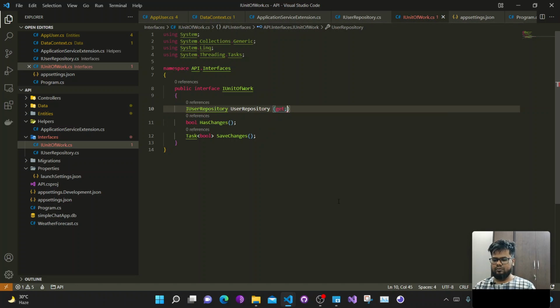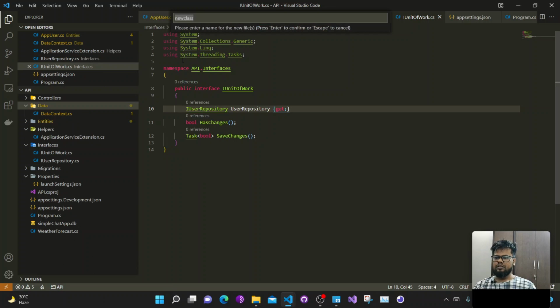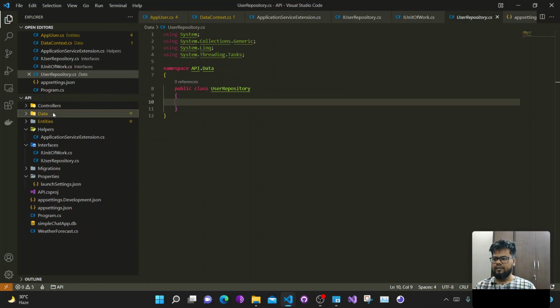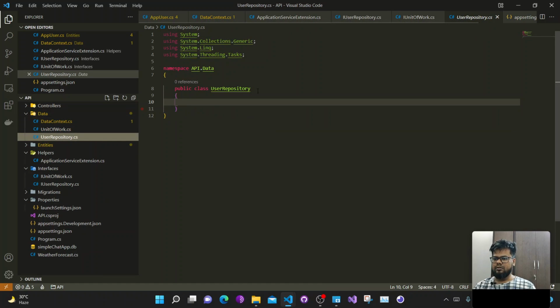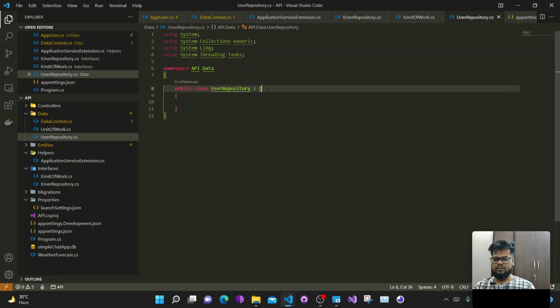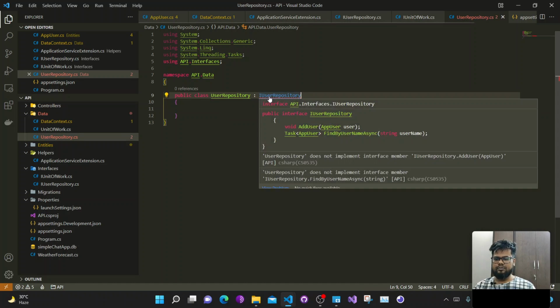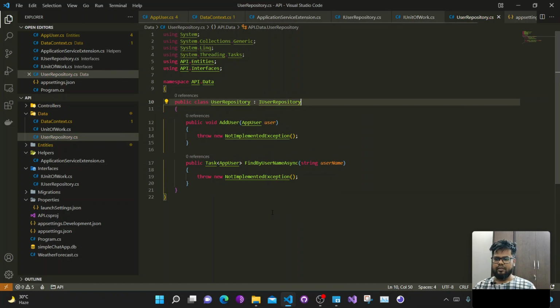Now we will create classes UserRepository, and then UnitOfWork. Okay, so now let's inherit IUserRepository, take the namespace, implement it. Okay,